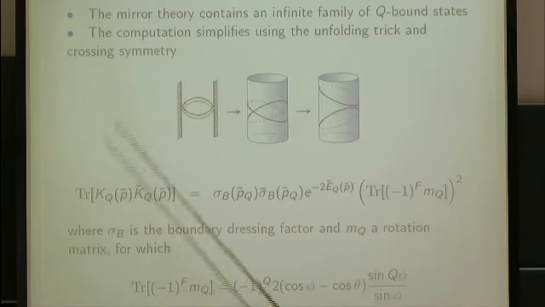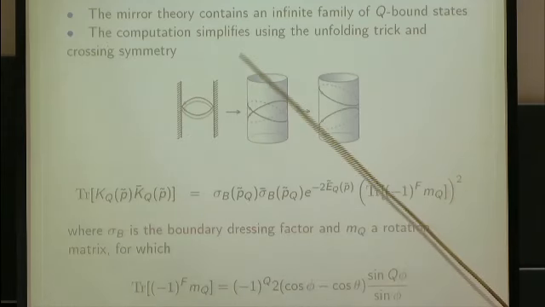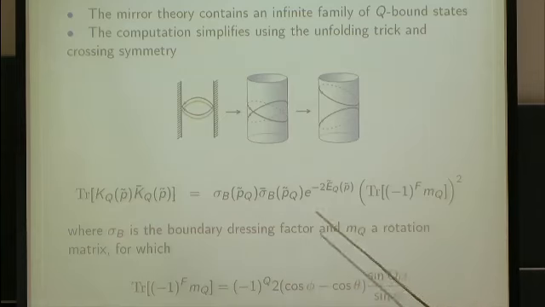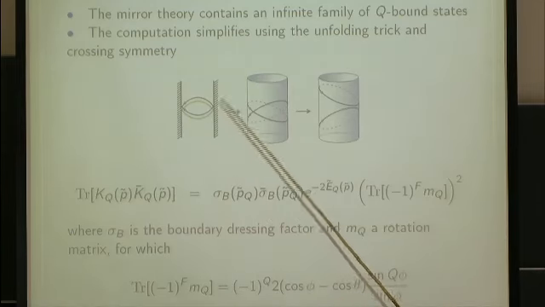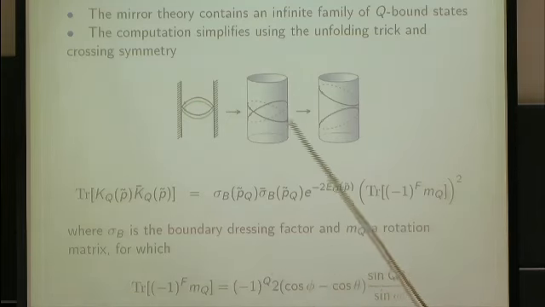That's also very technical. In principle, there is one thing. First, in this mirror theory, there's an infinite family of bound states that can be exchanged. So you would need to know the exact reflection matrix for all the bound states. The one where we worked it out explicitly was just for the fundamental one. So you would need to compute all the others in principle.